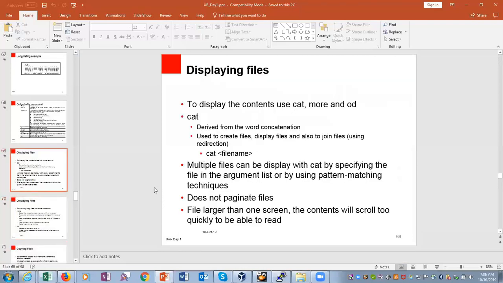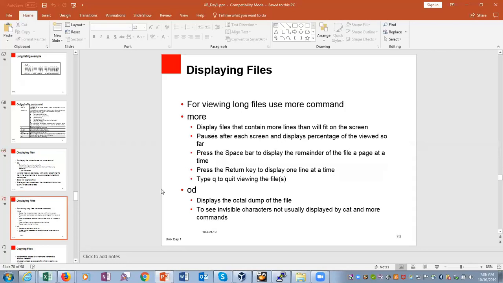To display the content of files we use cat and more, and we have used the cat command to display the passwd file. So that's how you can display the file. For viewing long files, if it's a two-page file, then maybe we will use the more command.